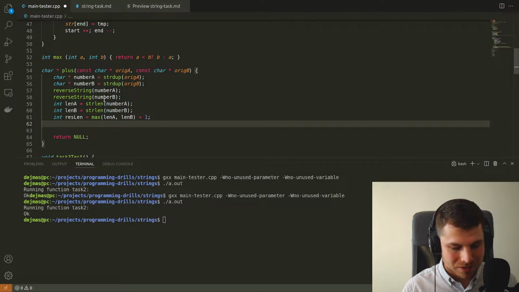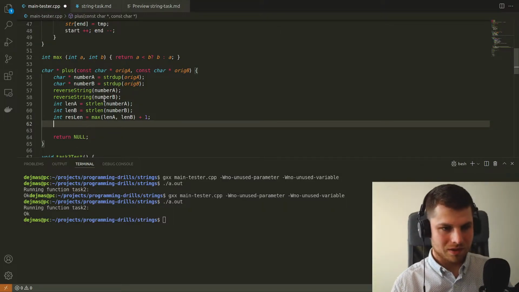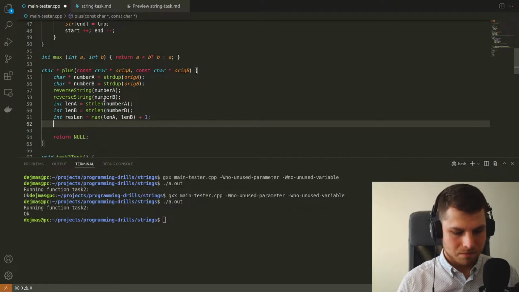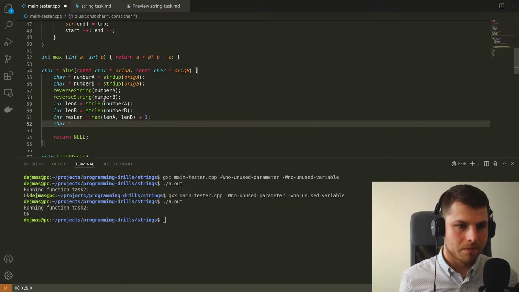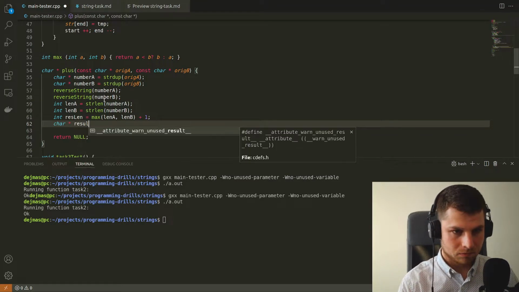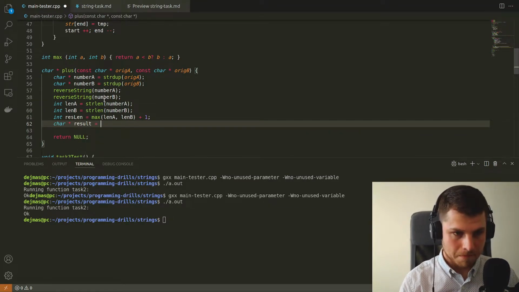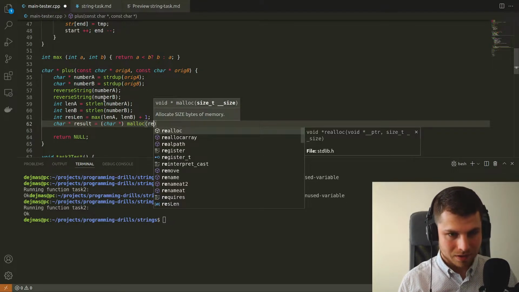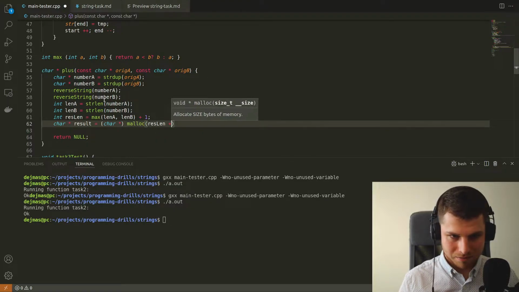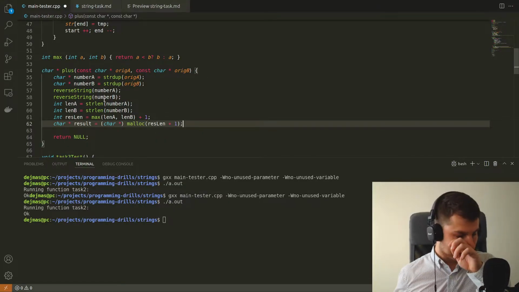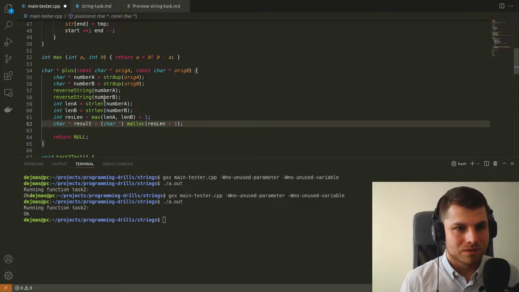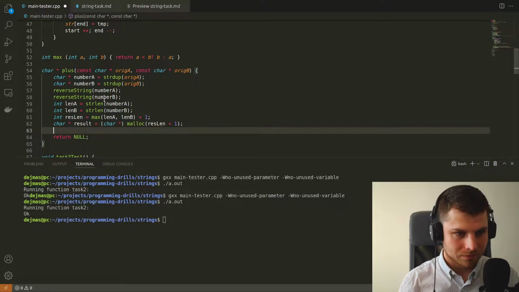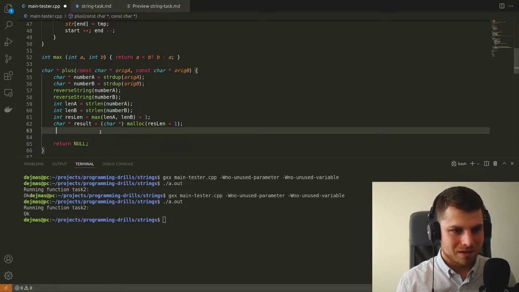Okay, let's allocate the result. So result is, and we will use malloc for that, and we put here res len plus 1 because of the ending character, right? Plus 1 because of the ending character. Yeah, so I think now we are prepared to make an algorithm which will